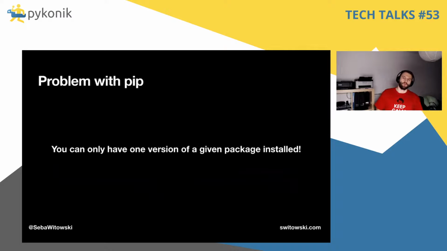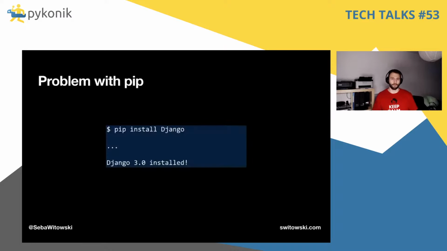Now let's talk about Python packages. Installing new packages in Python is quite easy. All you have to do is to run pip install and a package name, and this will download and install this package for you. However, pip has one big problem. Whenever you ask it to install a specific version of a Python package, it will uninstall the previous version from your computer and install the one that you asked for. Let me show you an example. Let's say you are a web developer and you want to build a Django website.